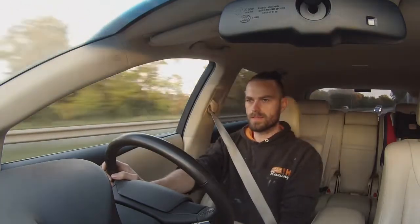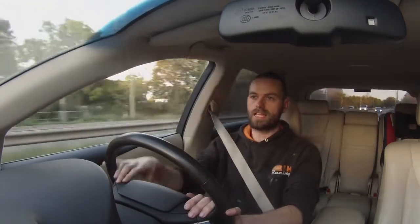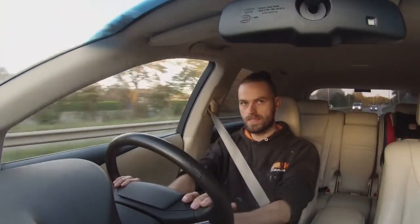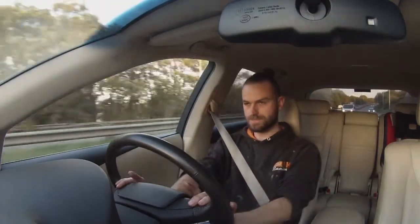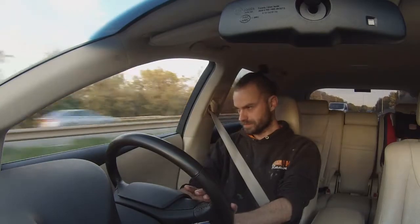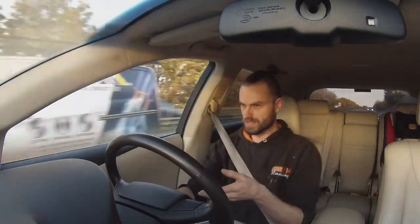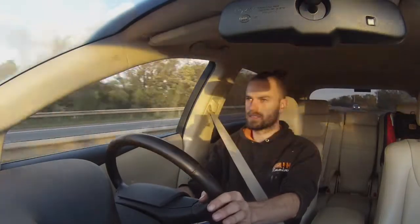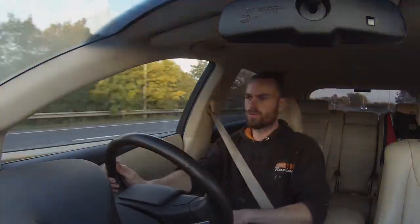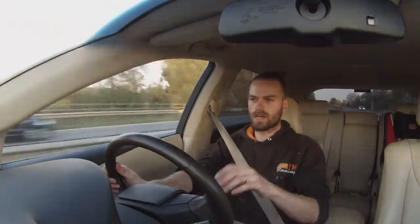So I guess I'd touch a bit on reliability. I've, touch wood, not had any problems at all with it. It had a full Lexus service history when I got it. I've had a service done by Lexus, had the MOT done, had a hybrid check done by Lexus as well. I'm now going to get this serviced independently or service it myself, just because of the age of the car, the cost of the car, and it's just verging on the point of not being worth it anymore. So my plan is to keep this car for at